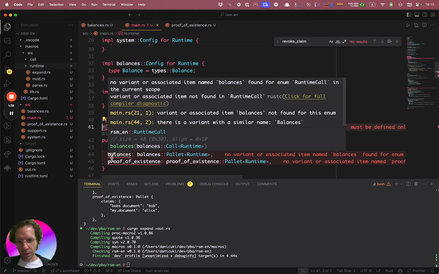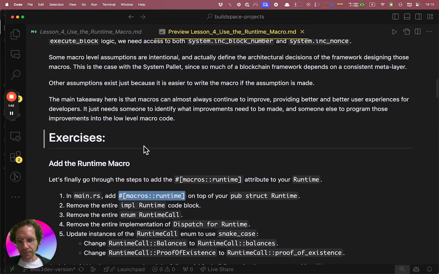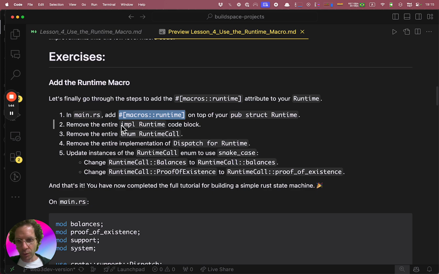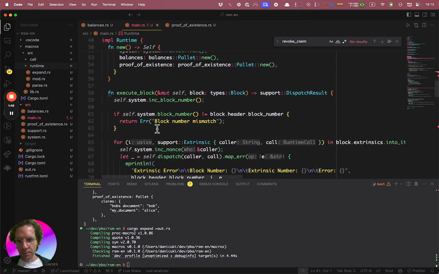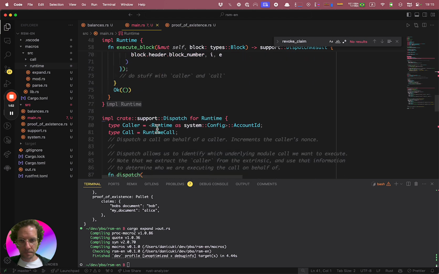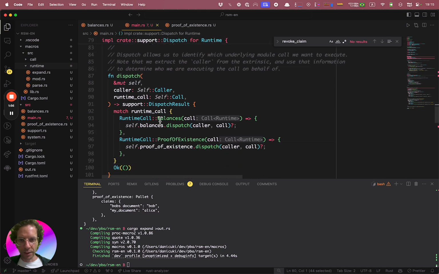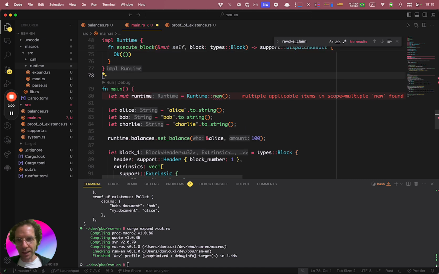So it's telling me some stuff here that I need to look at. For example, we have to remove the runtime implementation block because we don't need to implement the runtime, the dispatch. We don't need this anymore. Everything is automatically created by our macro.